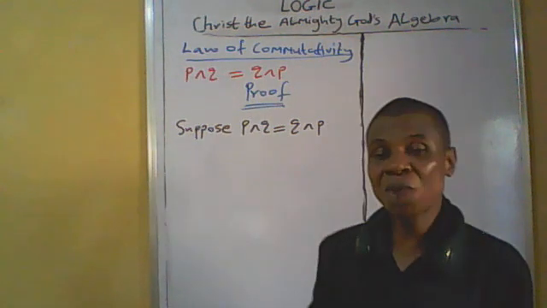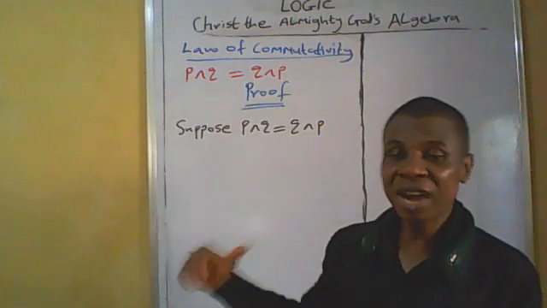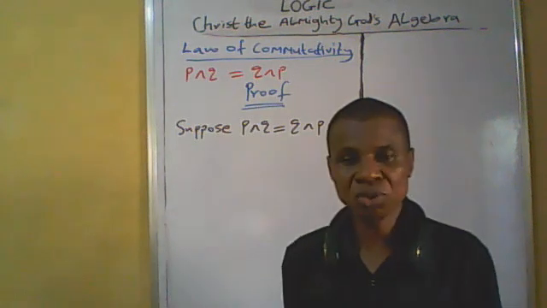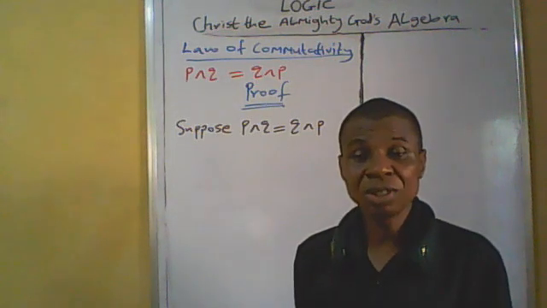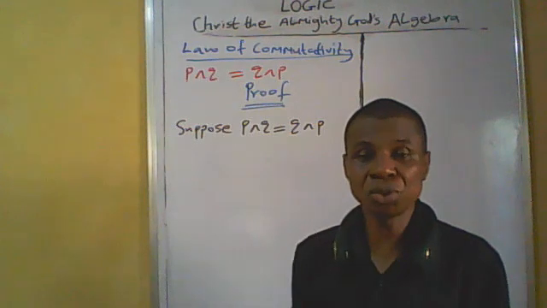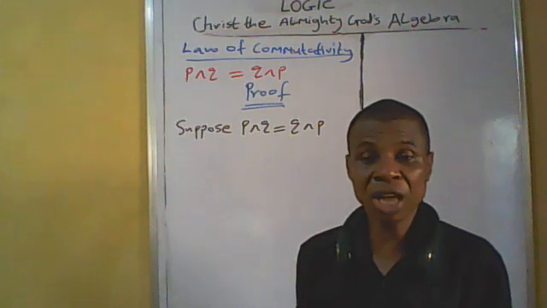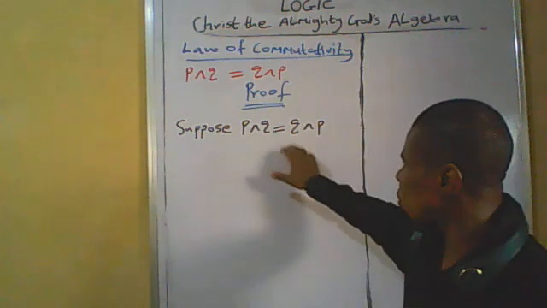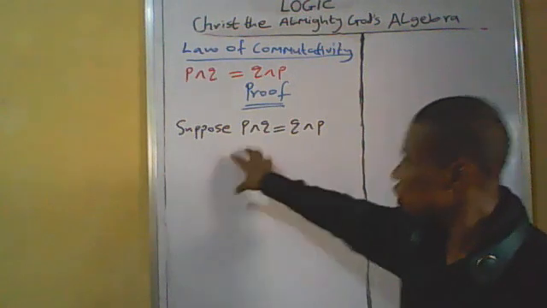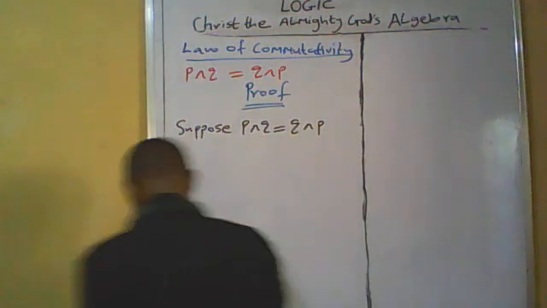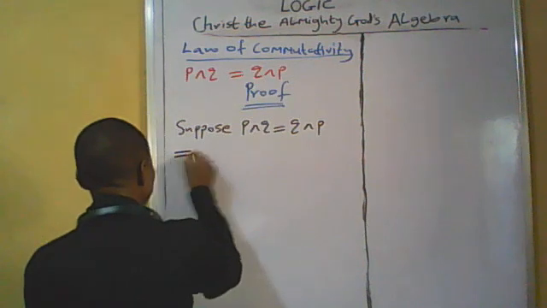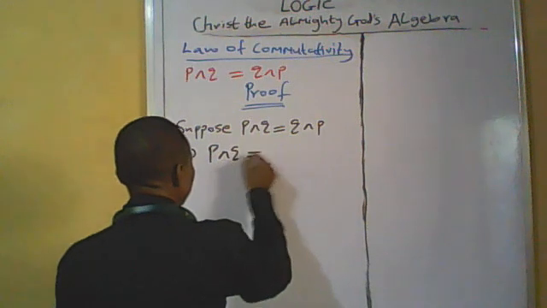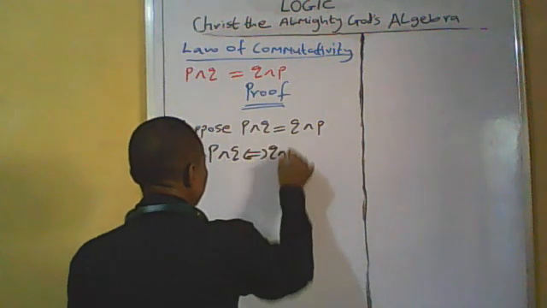In the same vein, whenever the right hand side of the equation is false, the left hand side of the equation is also false. The statement is true. They are logically equivalent. So we assume that it is true, that is P and Q is equal to Q and P. If it is true, then this must also be true: P and Q if and only if Q and P